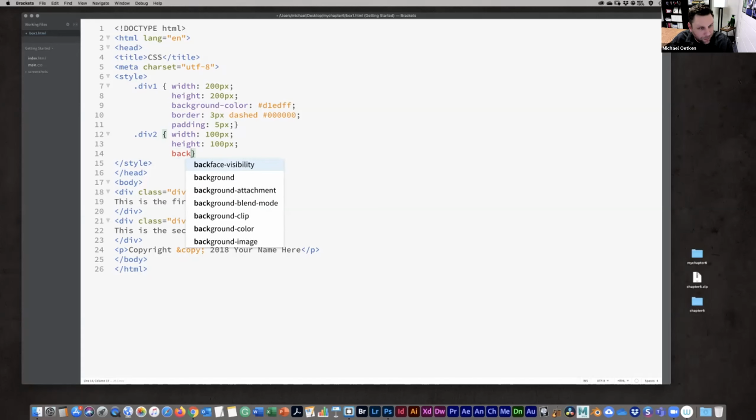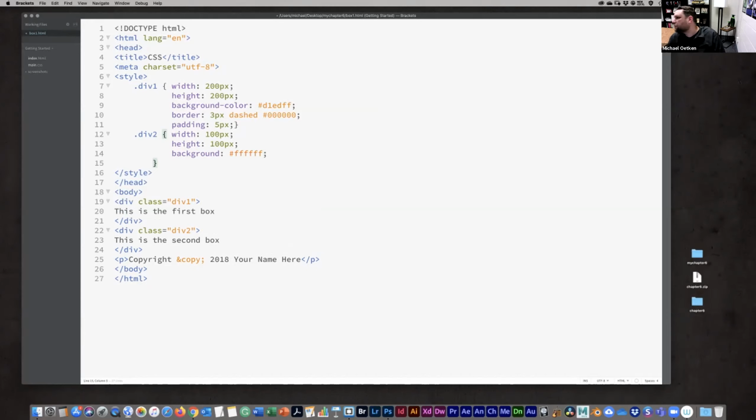And background. Okay, we're gonna make that white background. Whoops, forgot to put the color there, background color. And the border,